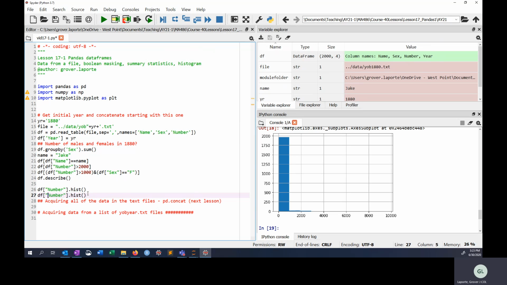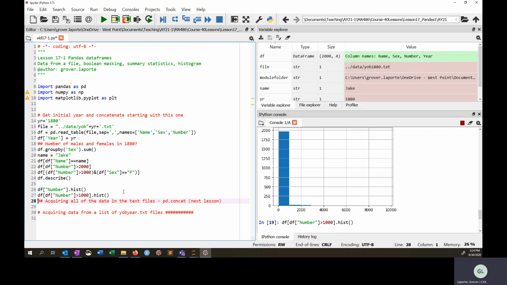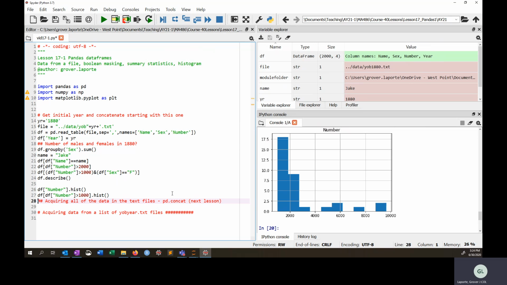Let's see, df. I'm going to put df number is greater than 1,000. All right, so this is a Boolean mask, and then this is just histograms, all of them. So if you just look at all of them, there's only 18 that have less than 2,000 names. I'm sorry, 18, yeah. There's 18 of them that are greater than 1,000, right? So there's 18 of them that lie here that's between 1,000 and 2,000